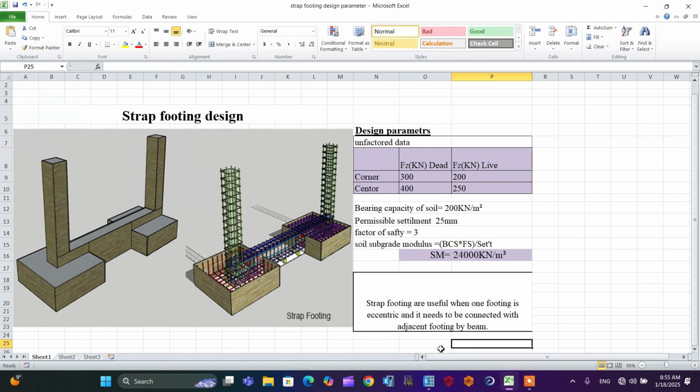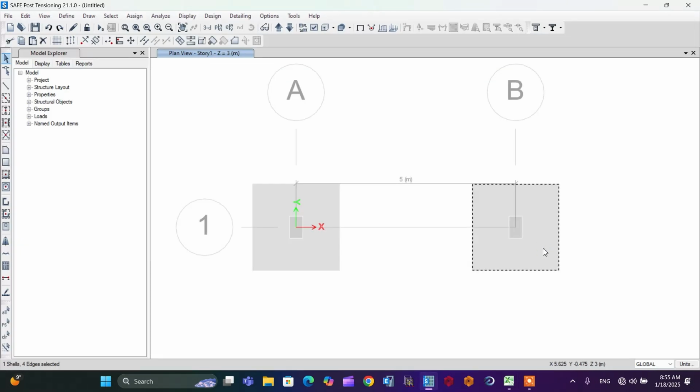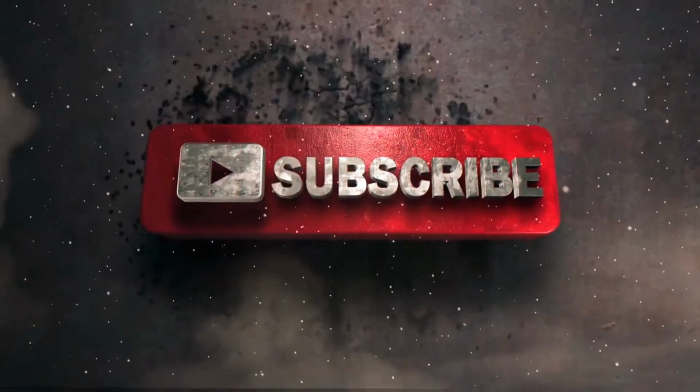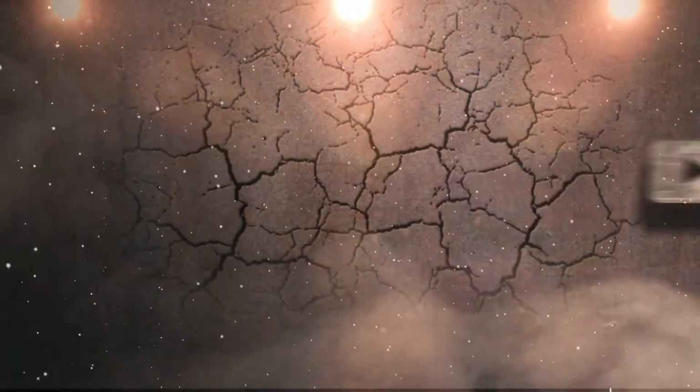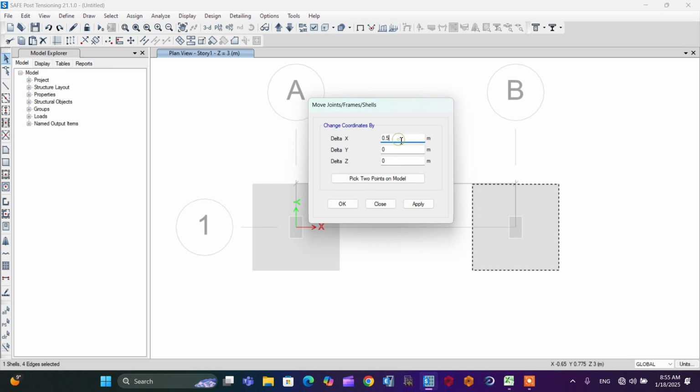To do this, it's better to go to your SAFE. After that, click on your footing. So you have to go to Edit. After this, Move Joint, Frame or Shell. After that, I have to move your centric footing to the face of the column. To do this, our footing that you have to model has a dimension of 2 meters by 2 meters. So the half is 2 divided by 2, that is 1 meter, and we have to subtract also this